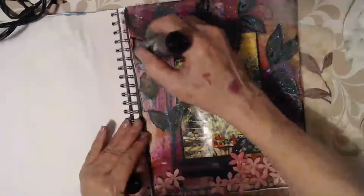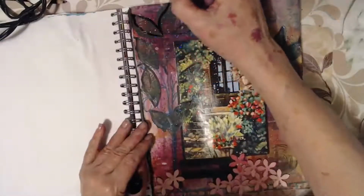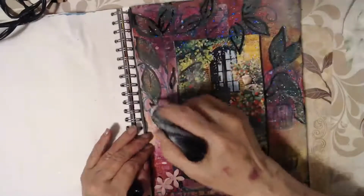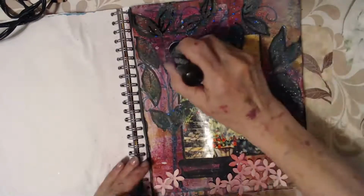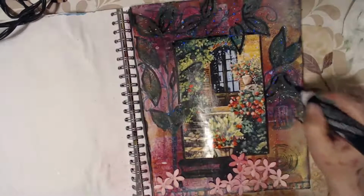Having fun with this one, Kathie. That leaf is supposed to be hanging from that little bitty branch that goes across there. And this one comes up here, in here. And then I have a small one here. And I need to put some more black into that line there. Okay. I'd put a little bitty bird in there, but